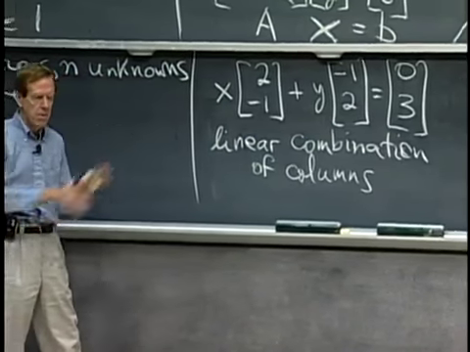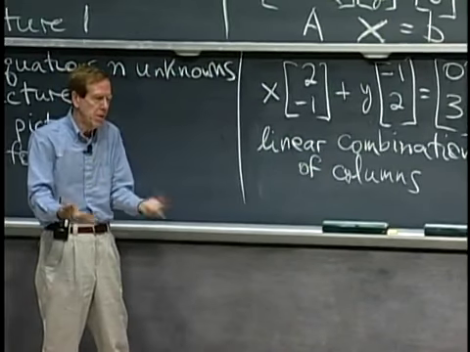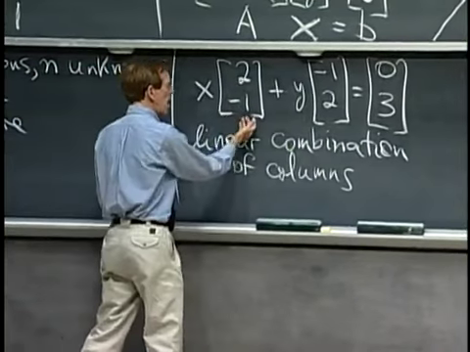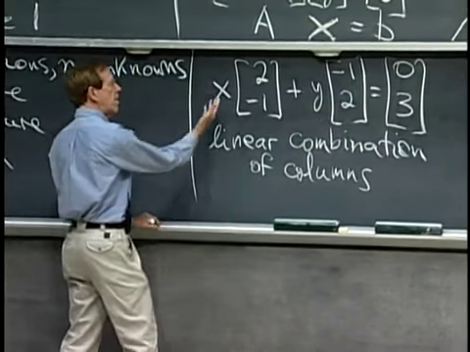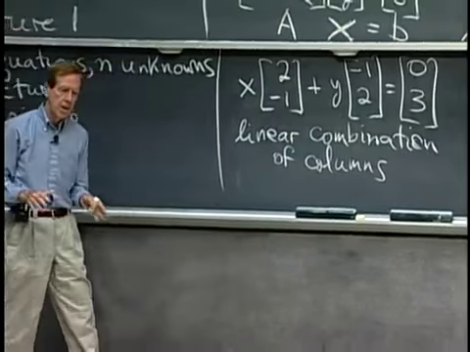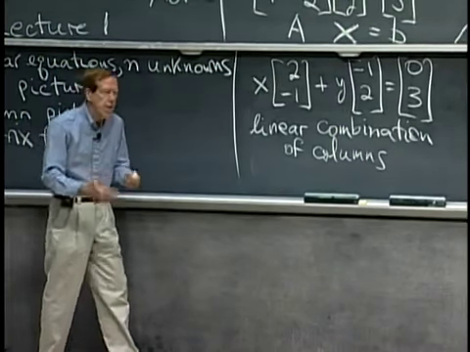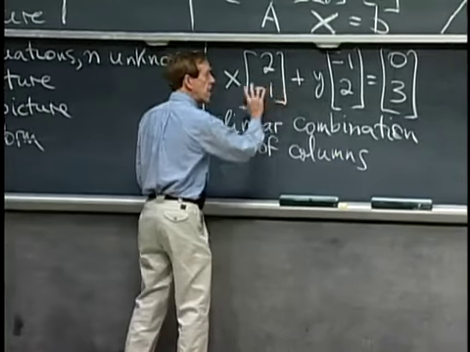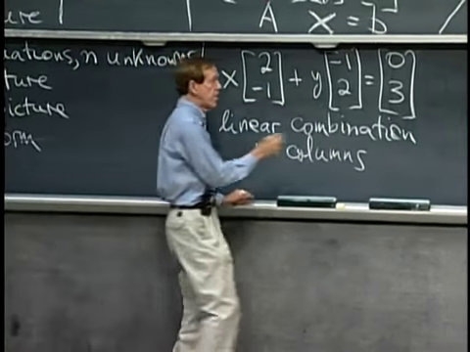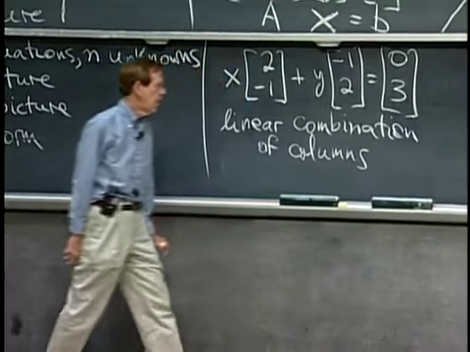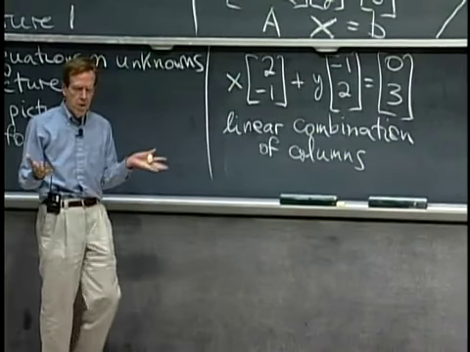Again, I don't want to write down a big definition. You can see what it is. There's column 1, there's column 2. I multiply by some numbers, and I add. That's a combination, a linear combination, and I want to make those numbers the right numbers to produce 0, 3. Okay. Now I want to draw a picture that